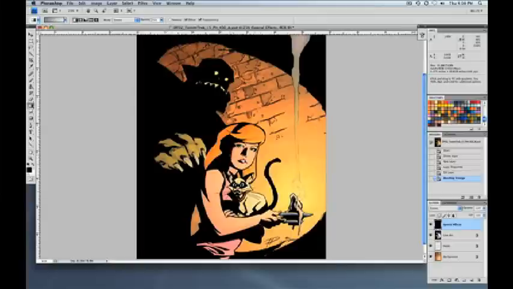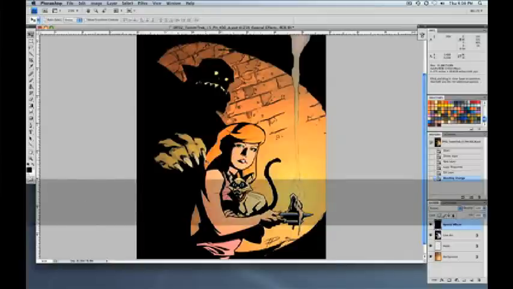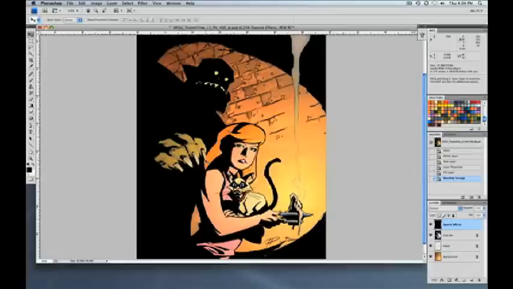So the first image we're going to look at is this Tommy Trek art by Phil Hester. We've got this kind of cool monster and Tommy, and she's holding a candle, so we have a couple of places here to do just some subtle basic lighting effects. Let's zoom in on the monster,